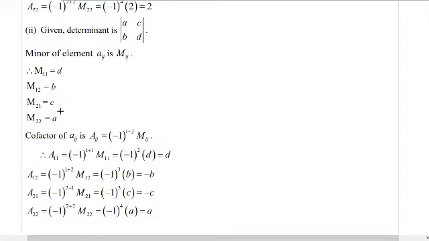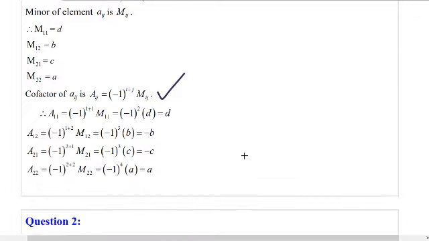There will not be any change in the sign. Okay, so here the complete calculation has been done, but the explanation is very simple. In the exam, if somebody is asking you the cofactor, simply write this formula, and there is no need to do all these calculations. Straightforward, you can write your answer. Once you write the formula, it is enough.